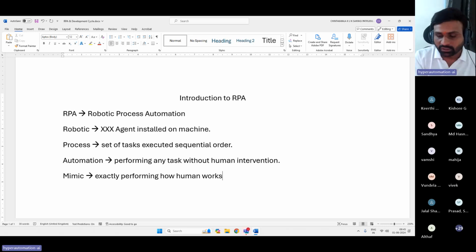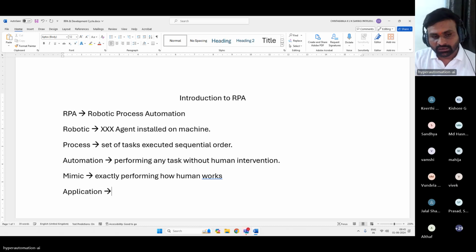No, because if you talk about any application in software, you'll have a front end and a back end.